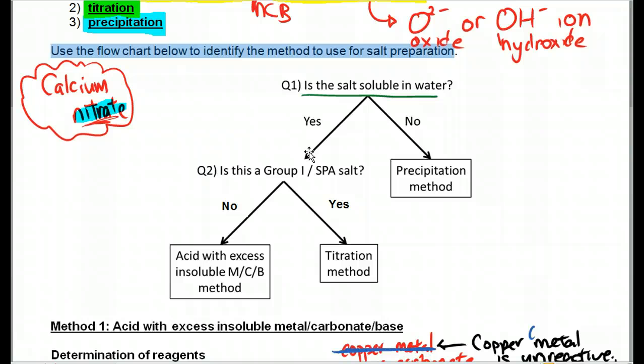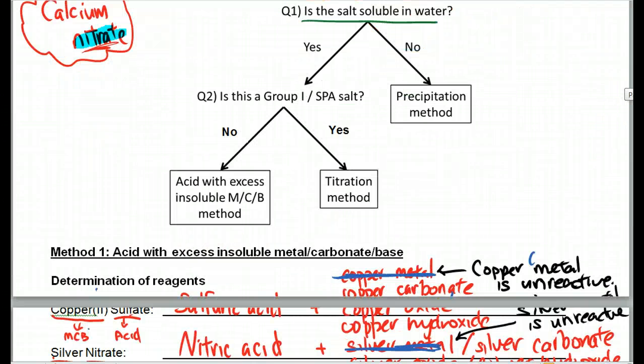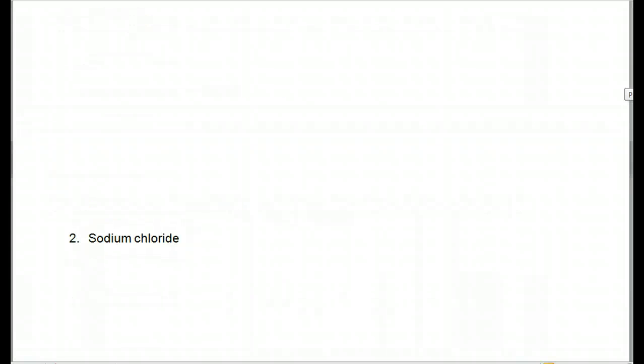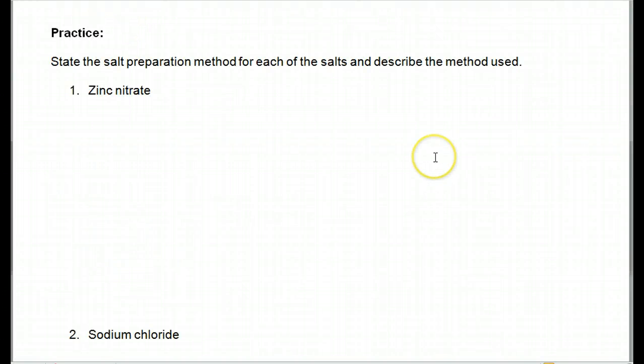Now, zinc nitrate. Is it a group 1 or spar salt? As zinc is not from group 1, zinc is also not spar, so therefore answer is no. So which method do we use? We use acid with excess insoluble MCB method. Let's go back down again. So for this case here, zinc nitrate, which method will we use? We'll be using